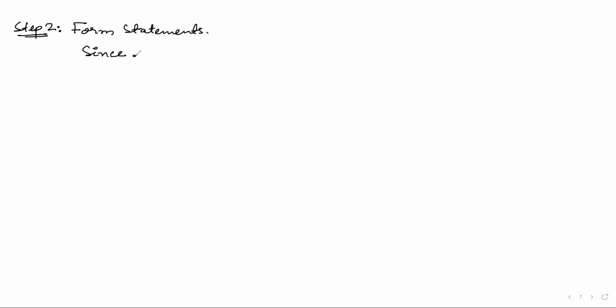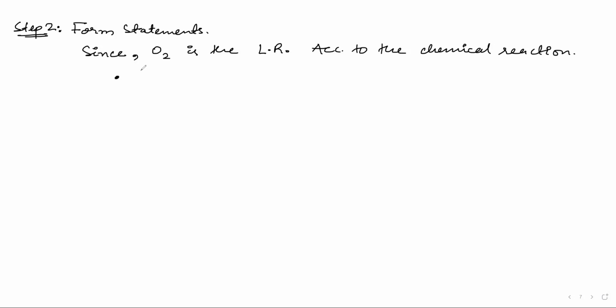O2, na? Since O2 is the limiting reagent, I will write in short, LR. Since O2 is the limiting reagent according to the chemical reaction, the first statement will be